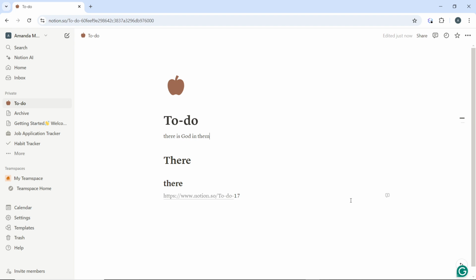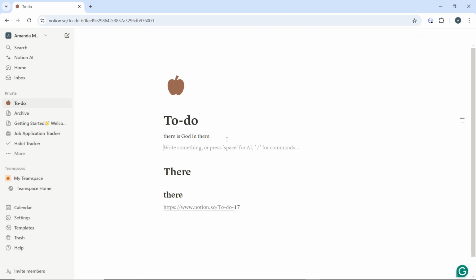An alternative method is to use the markdown for quick highlighting. And how to use the markdown for quick highlighting. I'm just going to click on enter, like I want to enter a new text. And so if you prefer using markdown, you can use the equals syntax, all right, to quickly highlight the text. And how do you do that? Equals, and